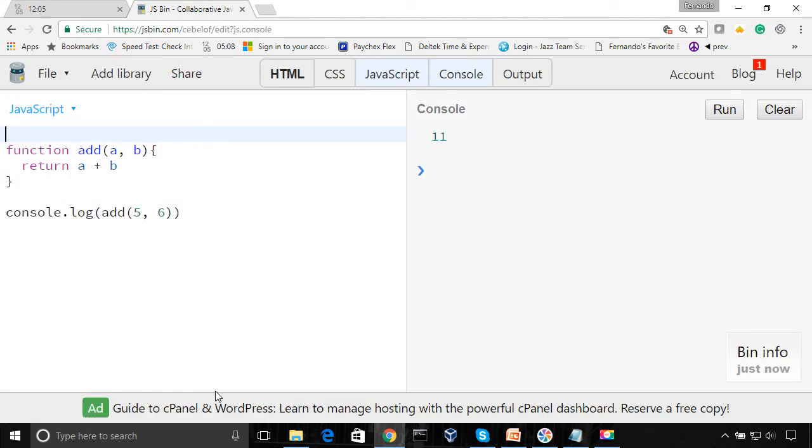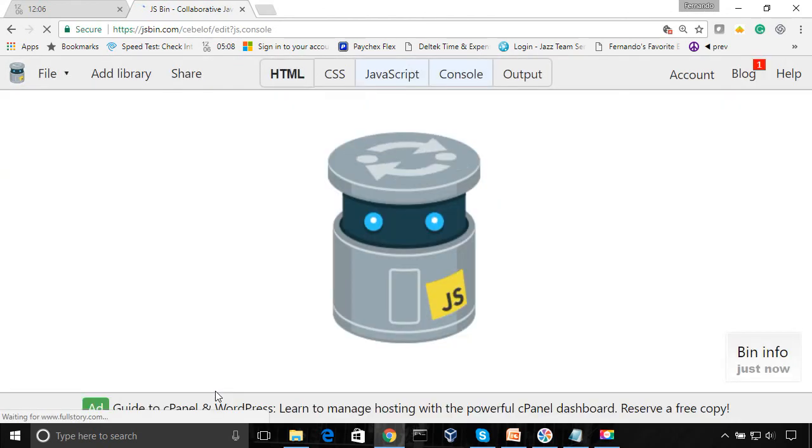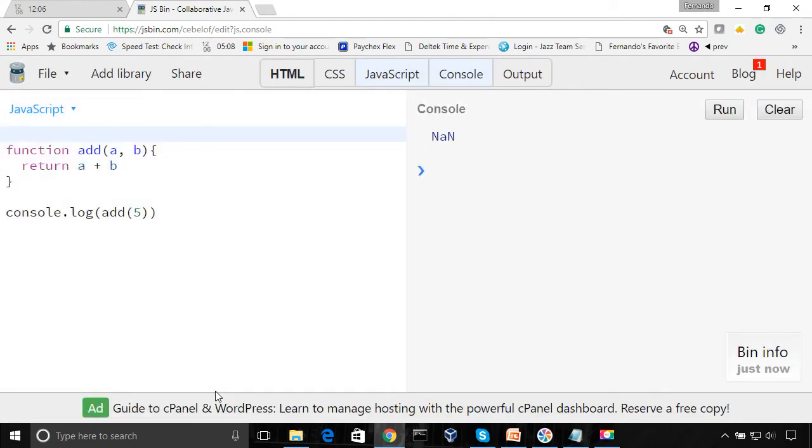One thing about functions in JavaScript is that they don't enforce the number of parameters that you assign. So for example, I can still call this function with only one parameter. However, it will give me something that I don't desire. As you can see in this case, it returns NaN, in other words, not a number. So even though the function is valid and it allows me to do that,